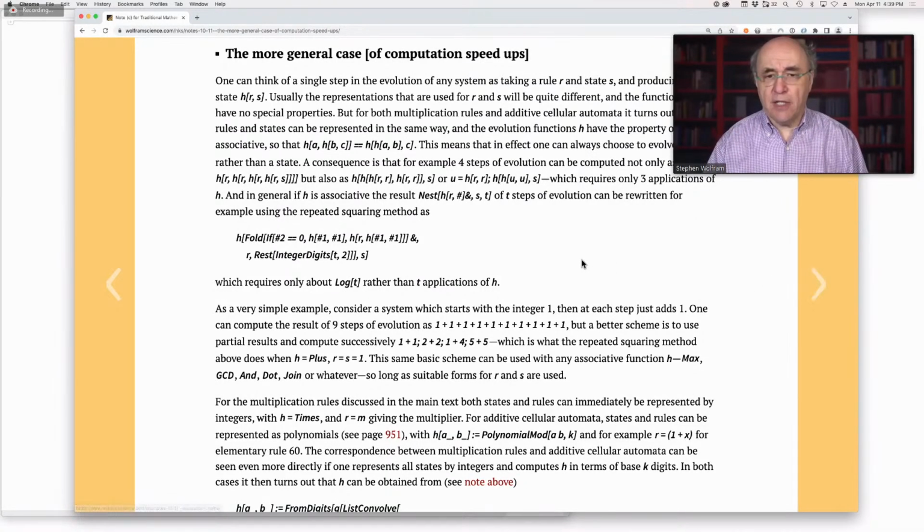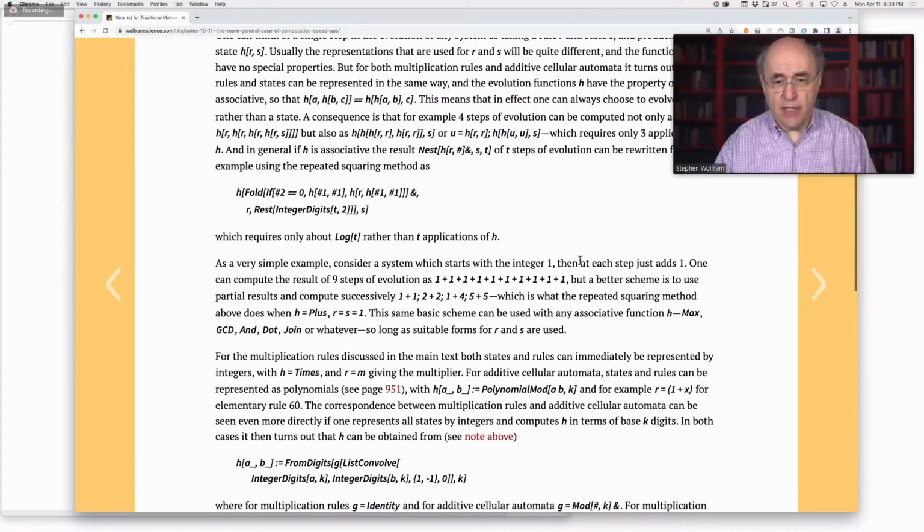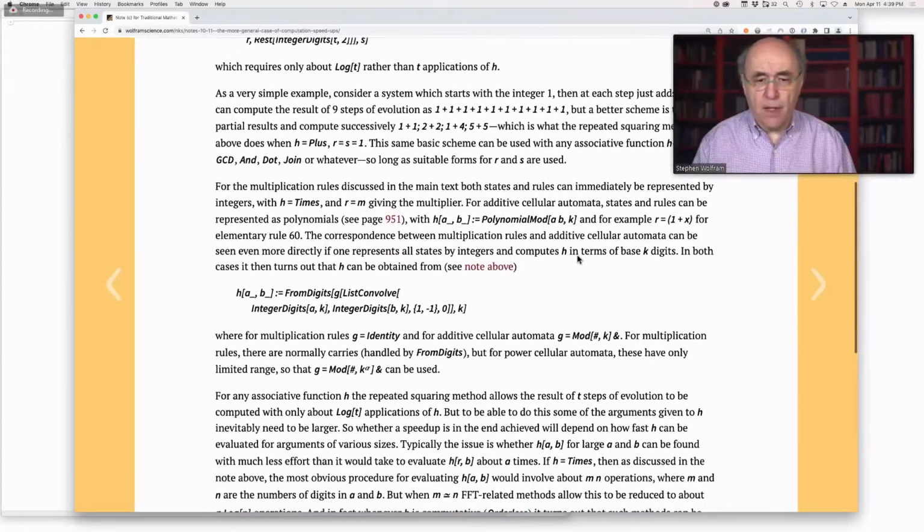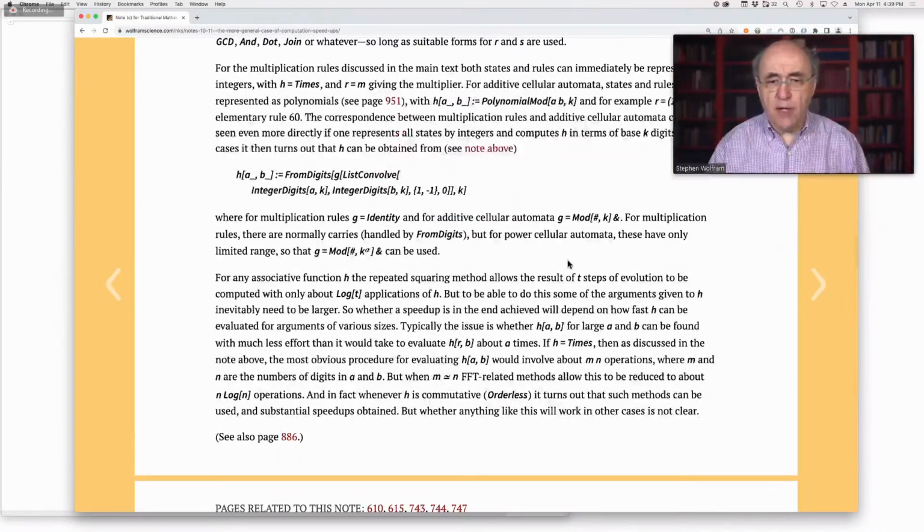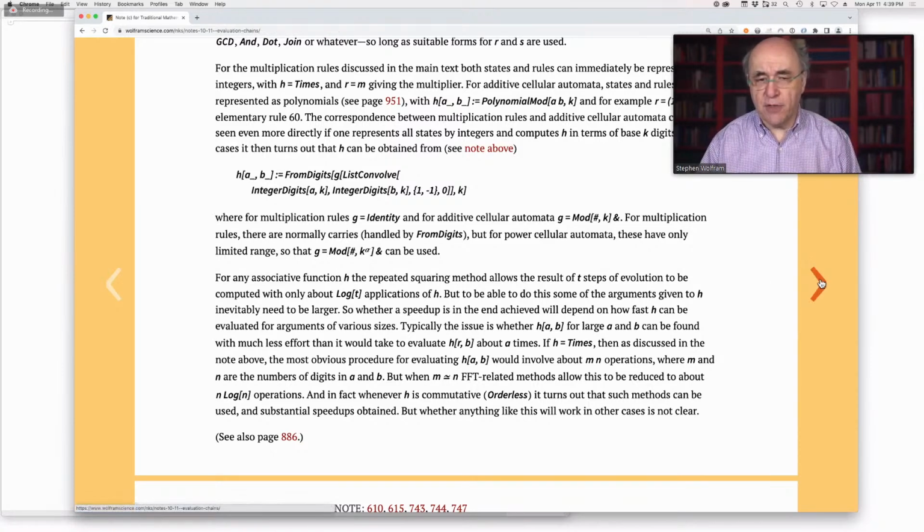This is kind of an interesting piece of mathematics that I think I really nailed down here, that has to do with what properties functions have to have in order to allow that kind of repeated squaring method. It's not known what the most general class of such functions is, or when the things you're describing can be talked about in standard human forms, like in terms of integers or bit patterns or something like that. So this is a case of what is the most general situation in which you can do this kind of reducibility.